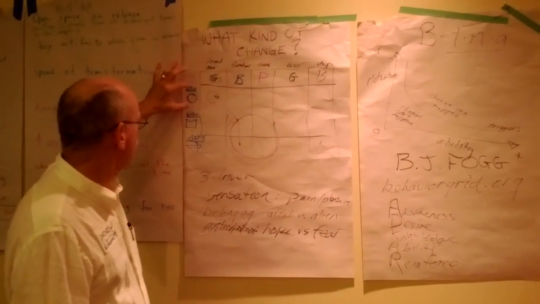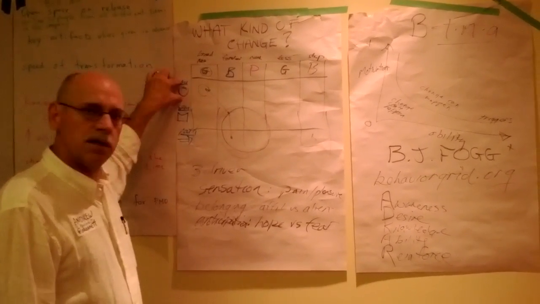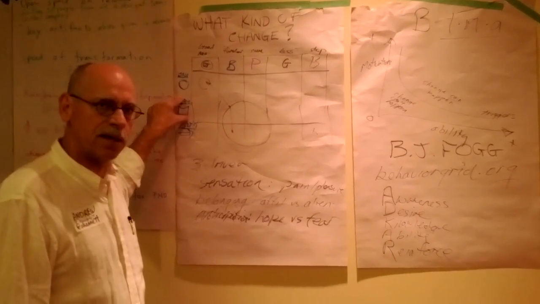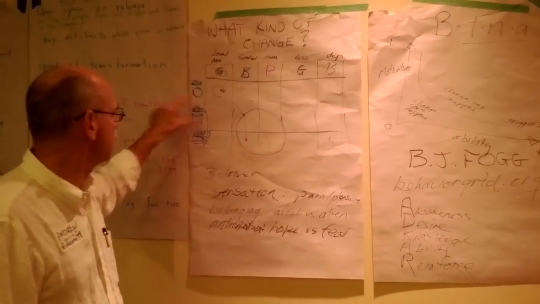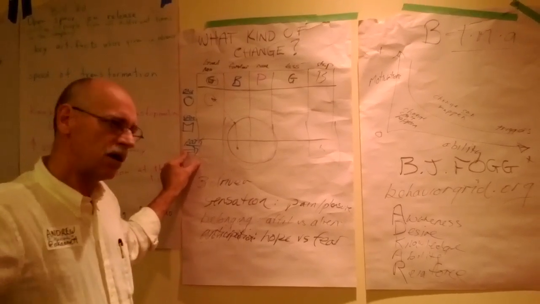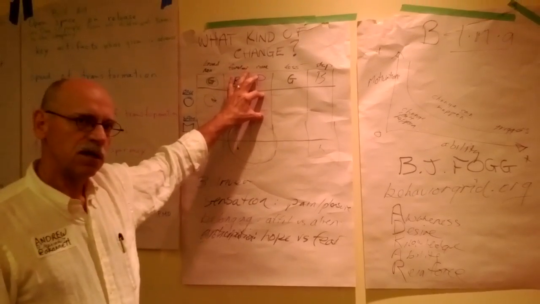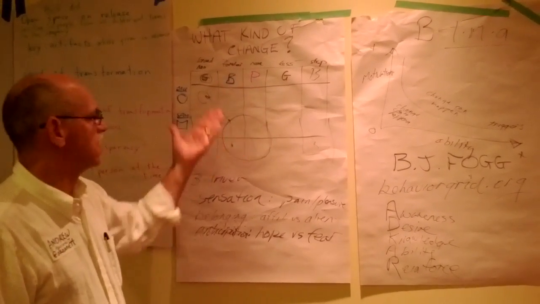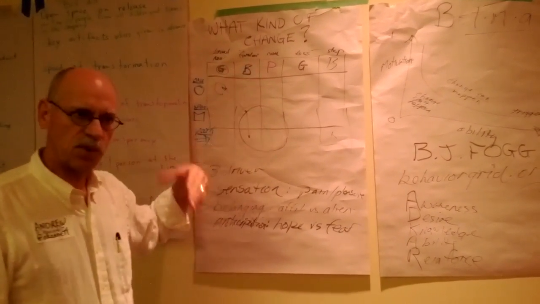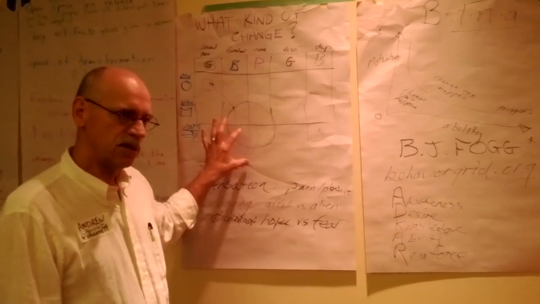Then he applies different spans of time to this change. So we can do something once and never again. We can do something for a span of time, definite start and finish. Or we can do something in what he calls a path, which is from now into the future. So each one of these 15 cells in this grid represent a specific rate of change. And the strategies that we can use to promote change and to facilitate change are different for each of these